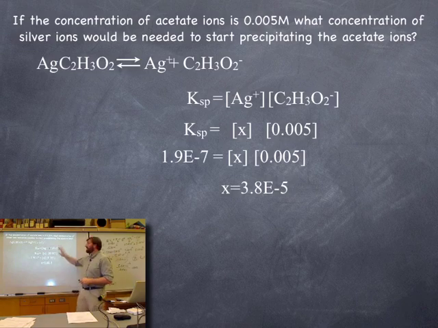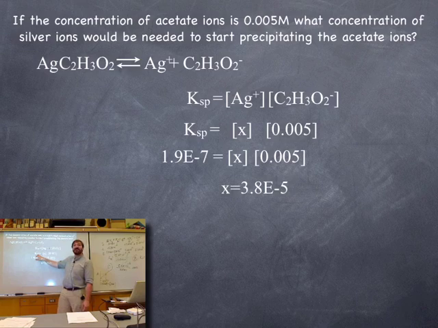Okay. So the fundamental idea in this problem is we've got some acetate ions. We want them to react with silver ions. What concentration of silver ions do we need so that they'll just start reacting together to form the solid? Now, you have to remember this is an equilibrium. The equilibrium defines the relationship of the forward and the reverse reaction. For the equilibrium to push to the left, I have to get to a value that's at least equal to